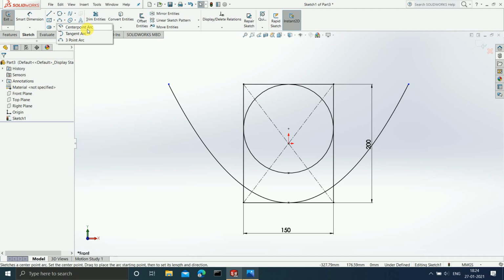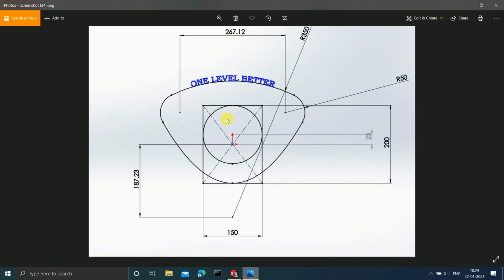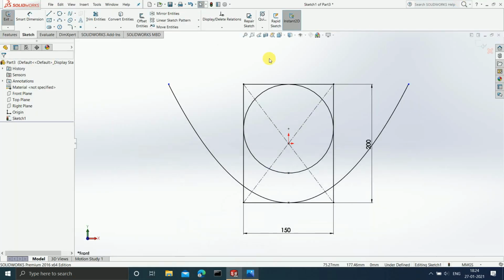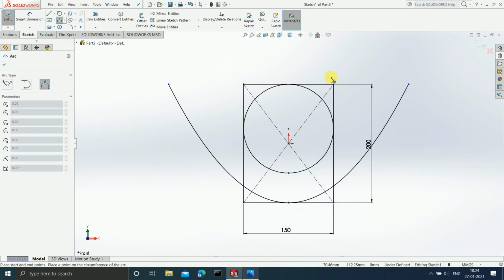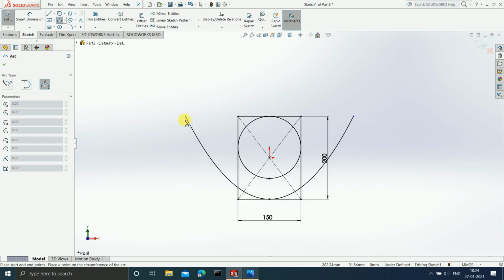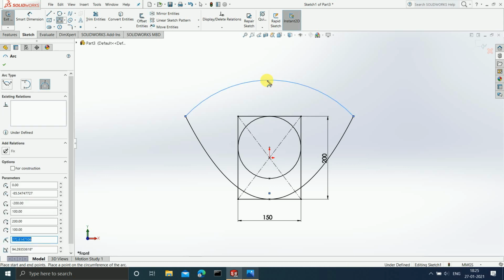Now guys, here you do not know where the center of the arc is going to lie. Therefore again I am not going to choose the center point arc. Tangent arc, no, the arc cannot be tangential to the earlier figure. Can you see wherever the arc is tangential? No. Therefore I am not going to choose the tangential arc. Okay, now after this, the only arc command that I am left with is the 3-point arc. So in the 3-point arc command, we all know that we first choose the starting point, we first choose the ending point, and now we choose the radius or the arc length of the arc.